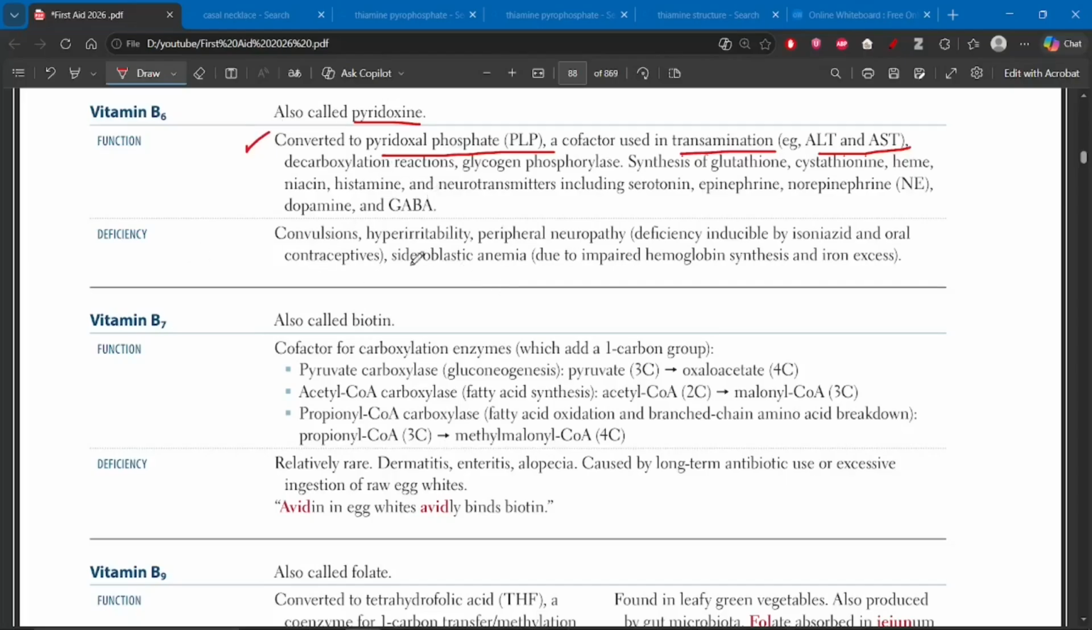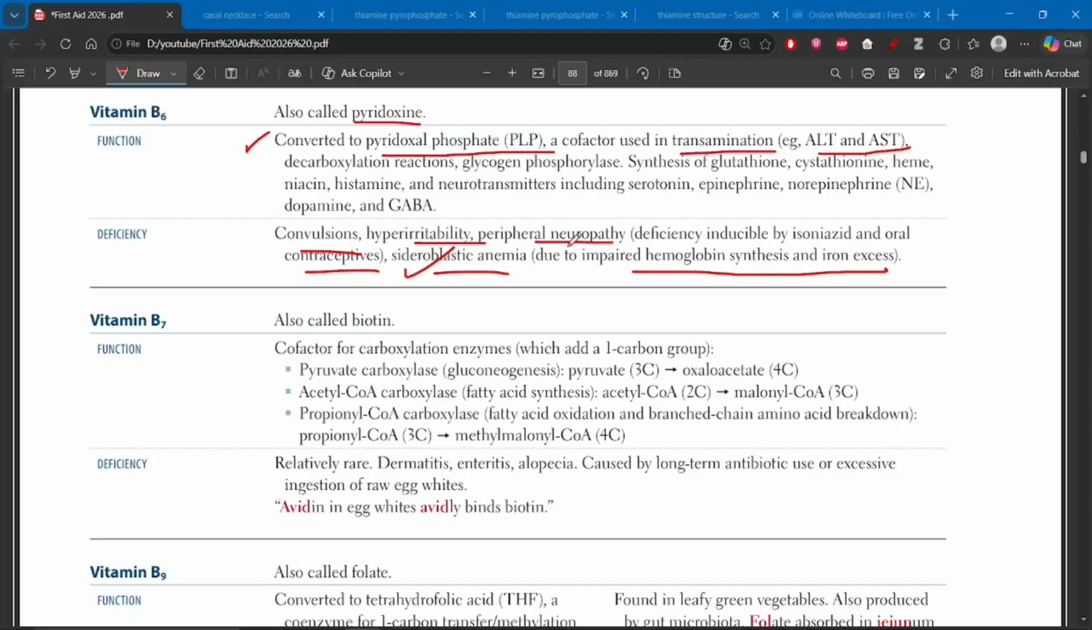Deficiency can lead to convulsions, hyperirritability, peripheral neuropathy, deficiency inducible by isoniazid and oral contraceptives, sideroblastic anemia due to impaired hemoglobin synthesis. So in sideroblastic anemia, if you have not seen our anemia lectures, you should check them out. In sideroblastic anemia, I've explained how pyridoxine is important because this is a cofactor in the first part of the process of hemoglobin synthesis. That is why it can lead to sideroblastic anemia,